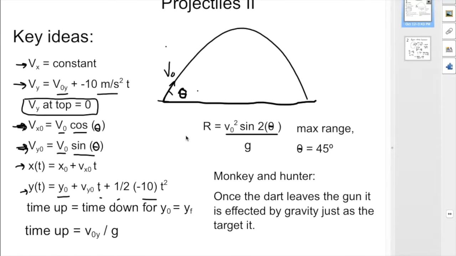We've seen this slide a zillion times before. Projectile motion, key ideas are that the velocity in the x direction is a constant. It doesn't change. The velocity in the y direction does change. So the first step to doing any problem